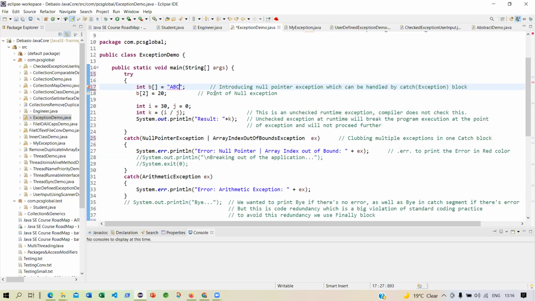But what happens if I say 0? It is still giving a compilation error. So I know that. But if I say that basically I have to store null in an integer array, I'm storing null.